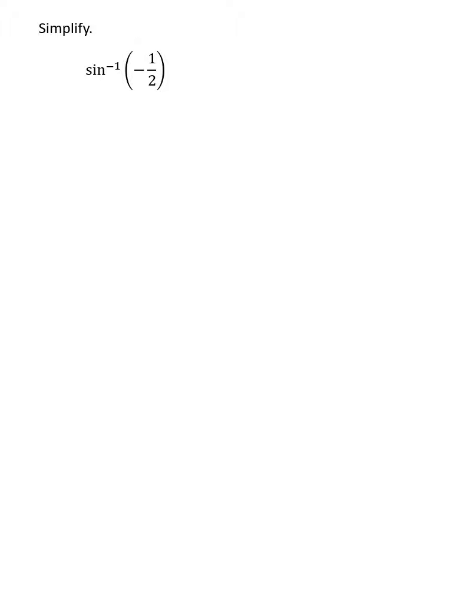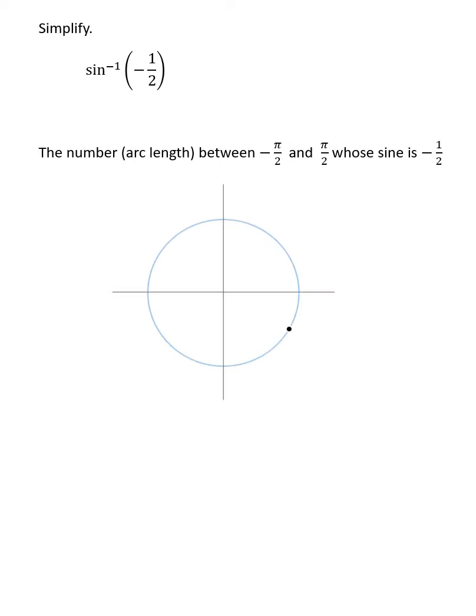Let's take a look at our second problem. The inverse sine, by definition, is the number between negative pi over 2 and pi over 2 whose sine is that argument, in this case, negative 1/2. Negative 1/2 should also look familiar to you from our 16 favorite points on the unit circle. And there are actually 2 points on the unit circle that have a sine or a y-coordinate of negative 1/2. But since we're looking for one between negative pi over 2 and pi over 2, this is the only one